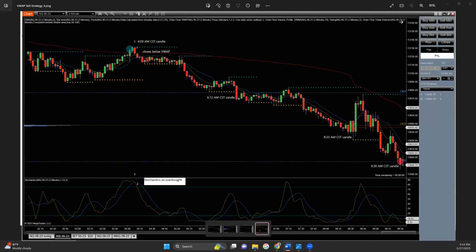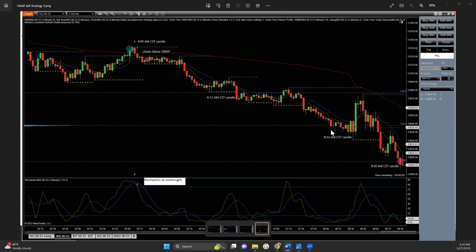Now let's take a look at another picture reference. This time it's VWAP Sell Strategy number 3. So you could have remained in this trade beyond 6:12 a.m. and considered exiting at 8:33 a.m. Central Standard Time at 40 points to the downside, an additional 40 points for an additional $800 with one contract, or